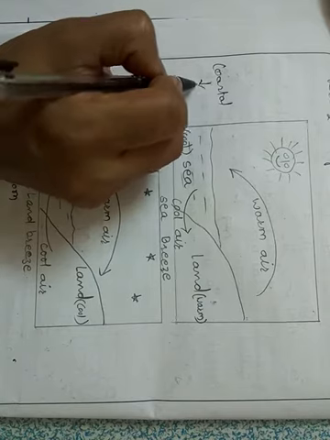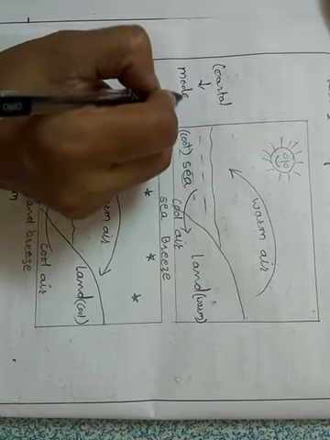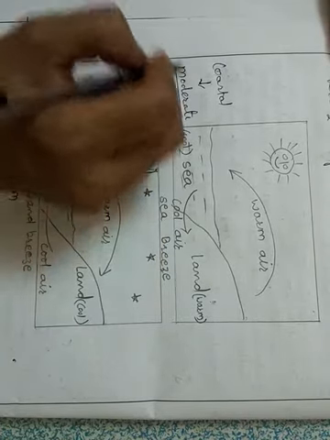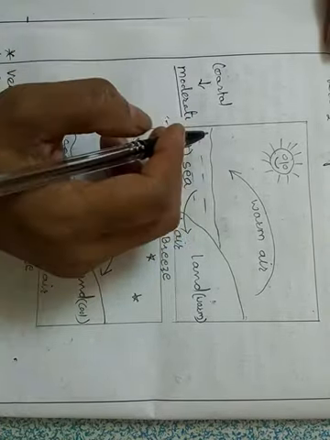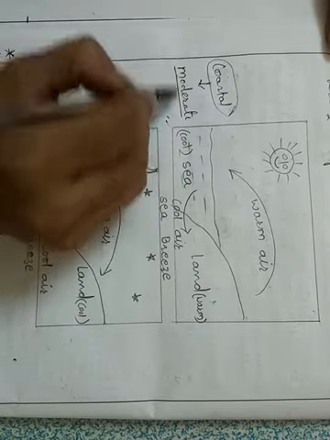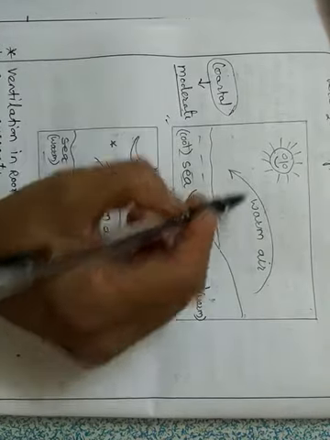Okay, so we can see that in coastal areas the temperature, or we can say climate or weather, is moderate. It is not very hot and it is also not very cold, it is moderate. So these places in the coastal areas observe moderate temperatures. So what happens during the day?